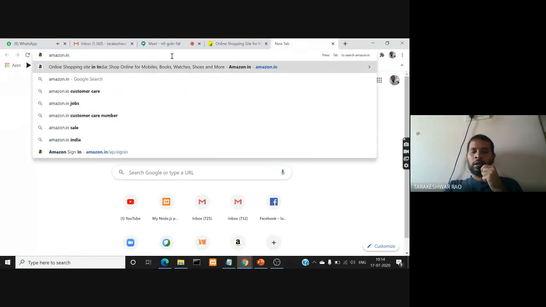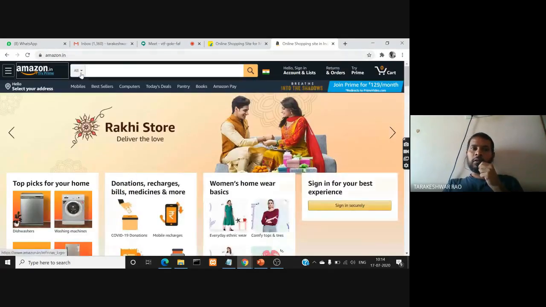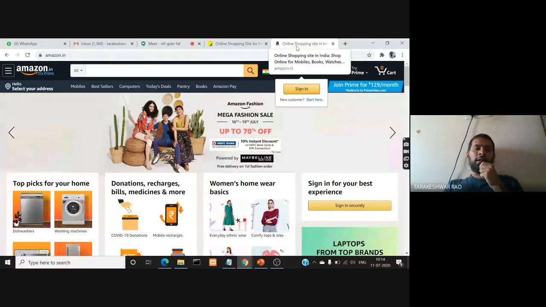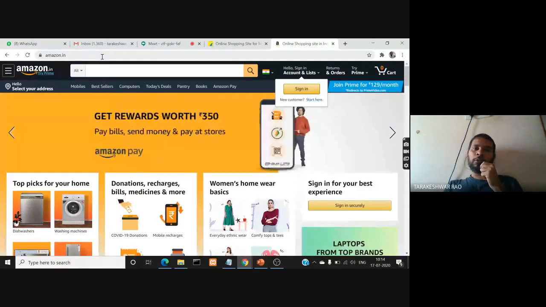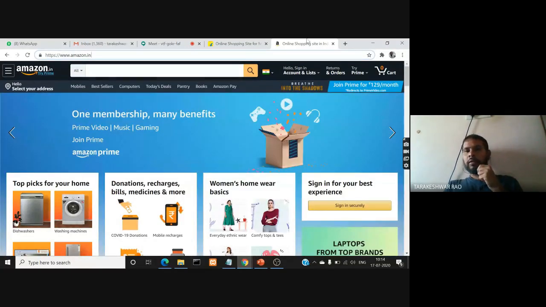The URL is amazon.in. So what does that .in specify? That means this is located in India. This application is for Indian users, Indian customers. Similarly, if we have US, it is related to the US. UK, it is related to the UK, right? So in that way, you have different extensions. Whatever comes after the dot, like .in, is called an extension.